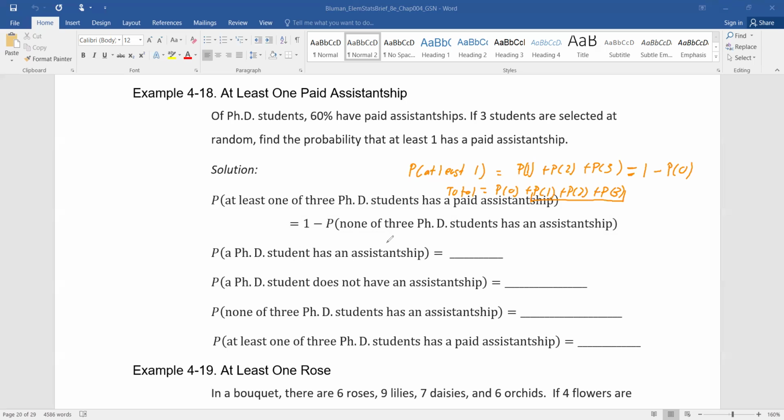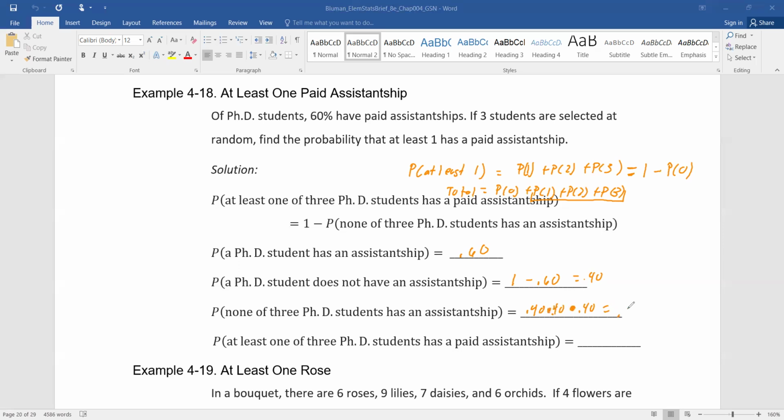So the probability of a PhD student having an assistantship would be 60%. So that'd be 0.60. A PhD student that does not have an assistantship would be 1 minus 0.60, which is 0.40. So none of the three PhD students having an assistantship would be 0.40 times 0.40 times 0.40. It's not going to be adjusted because we're assuming there's a large population here. So when we multiply these all out,